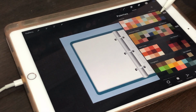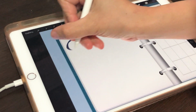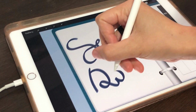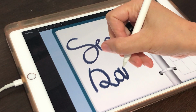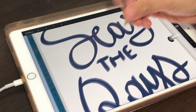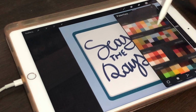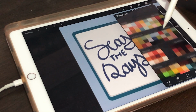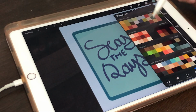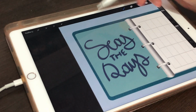So we're going to be putting like, seize the days, perfect for summer days. Okay, and we are going to change that paper's color like so. Okay, and we are going to be adding cute,